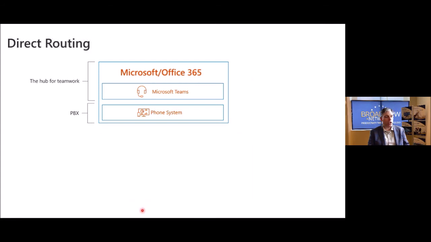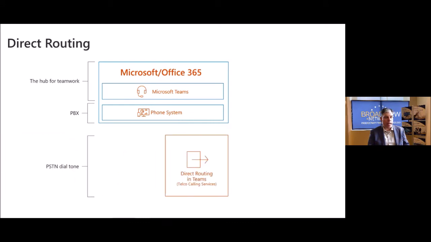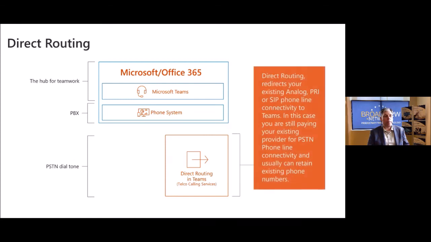Now, depending on your current environment and how you're configured with your existing phone system and how you're getting telephone connectivity into your existing phone system, you may be on a contract, a PRI contract or a SIP contract, or you may want to integrate and maintain integration between your existing phone system and Microsoft's cloud phone system, and that's an option. Well, we leverage a technology called direct routing, whether that is direct routing from your telephone line provider